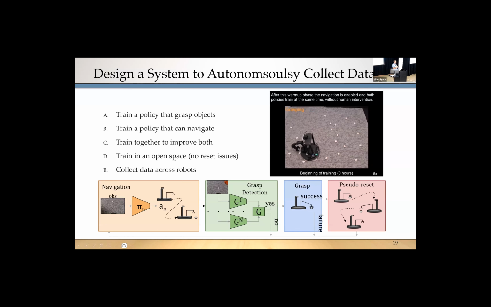What really helps in this case is allowing it to train in open space. There are some hangups for applying robotics. If we change the task a little bit so that it doesn't have a few of these resetting issues, it can go along collecting data and make progress towards the internet-scale amount of data that we would want to train these agents from.